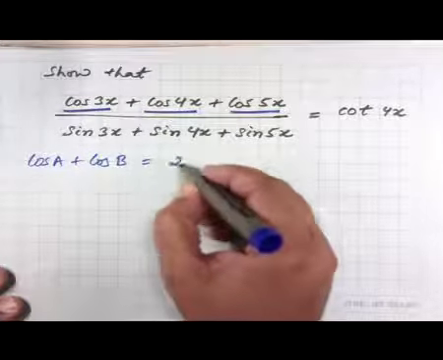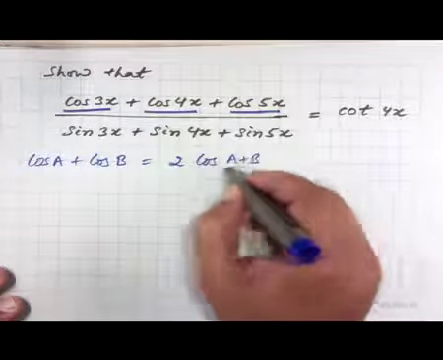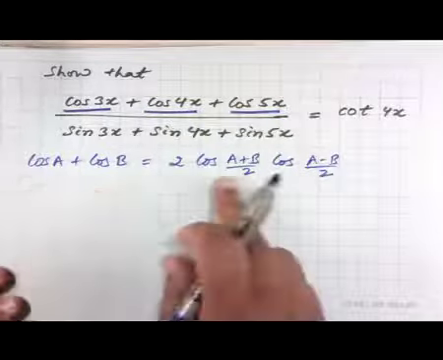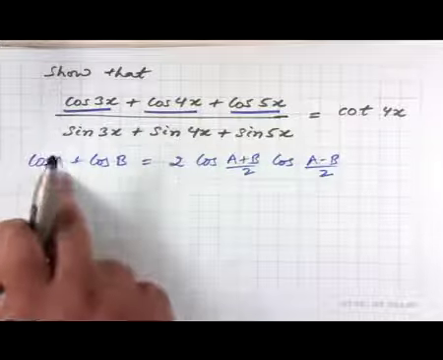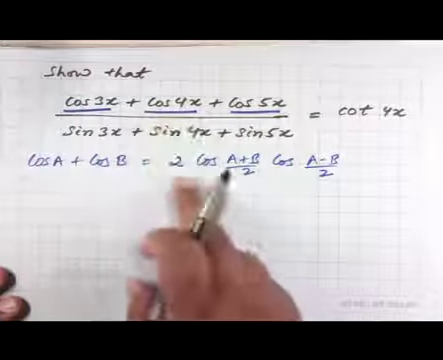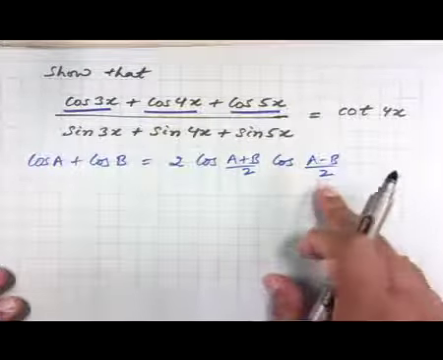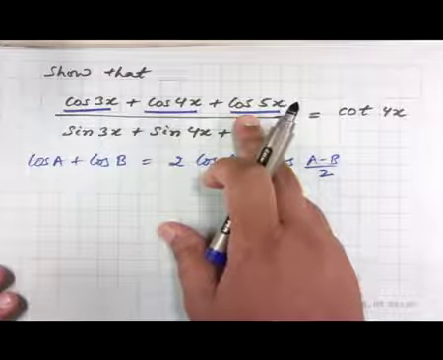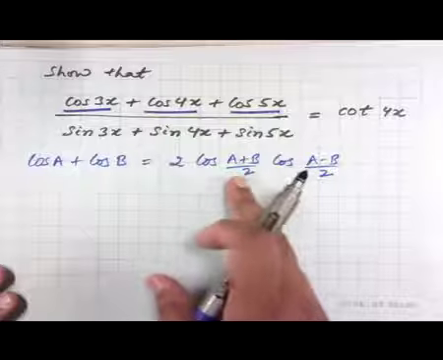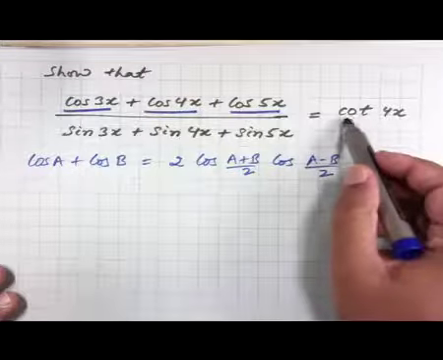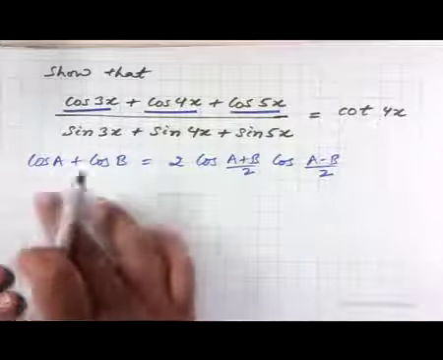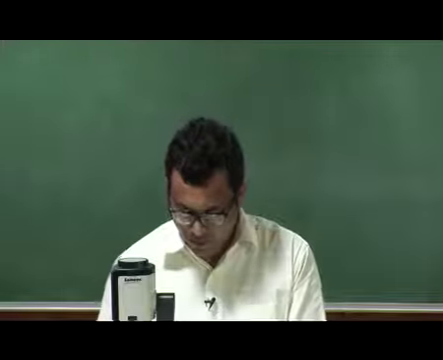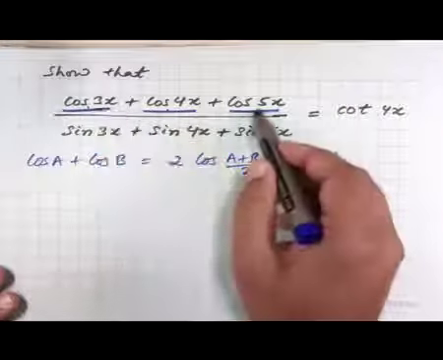it is 2 cos of A plus B by 2 into cos of A minus B by 2. The terms that we will get include cos 7x by 2. So, if we take A to be 3x and B to be 4x, then adding this and this, we get 2 times cos 7x by 2 times cos x by 2. The problem is that then these two terms have nothing in common with cos 5x. So, it will be very difficult to factor out something common, because ultimately what we need on the right hand side is 4x. So, therefore, trying to add this and this first is not the right strategy, it will lead to a waste of time in the exam. So, the other option could be to add 3x and 5x, and that is better,